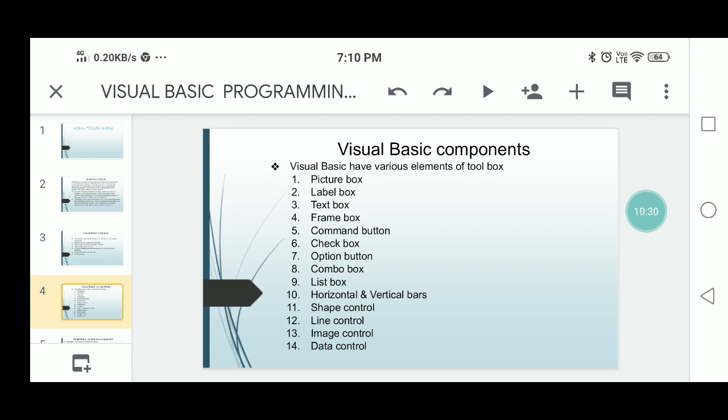Generally these are picture box, label box, text box, frame box, command button, check box, option button, combo box, list box, horizontal and vertical bars, shape control, line control, image control, data control. These are the various components in the toolbox, already available in the toolbox with picture icons.